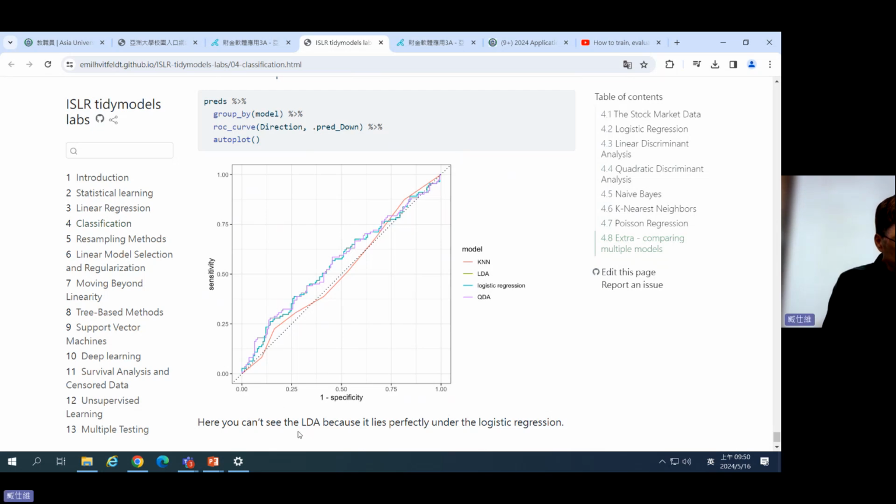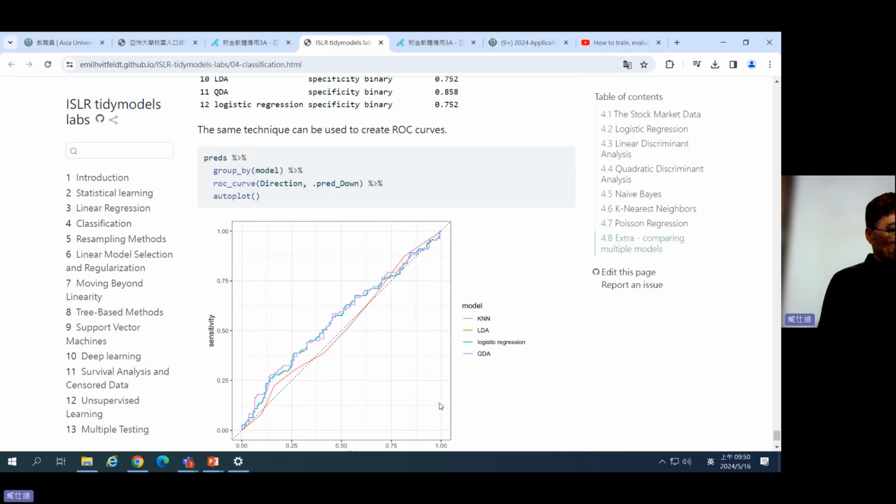Of course, you can see here the note by the author is that LDA lies perfectly under the logistic regression. So this is for your reference. I think this is a great example. Maybe in the future you might have many different financial indicators or financial features coming from the market. Then maybe you can ask machine learning models to help you make your predictions. But I must say that from my viewpoint,